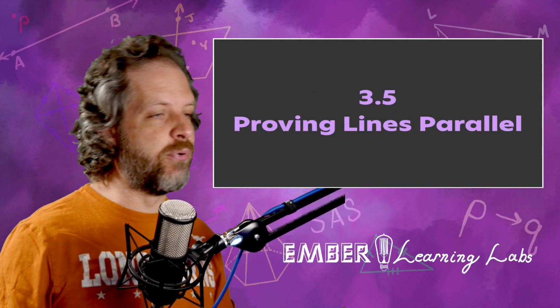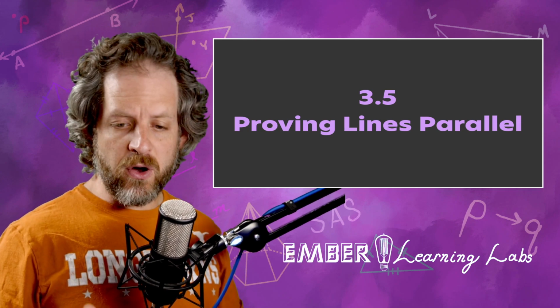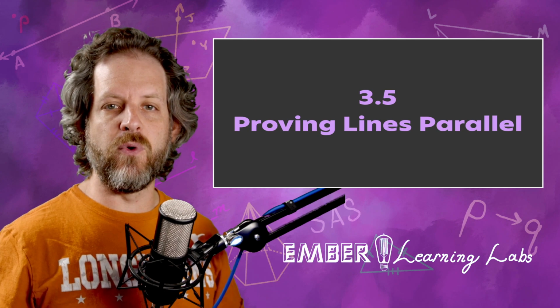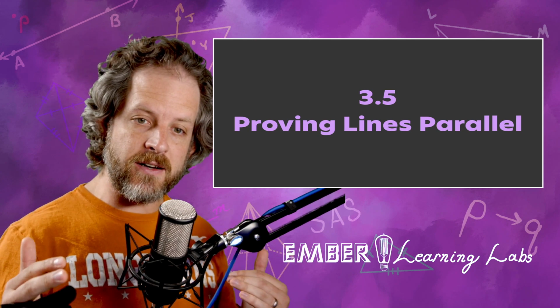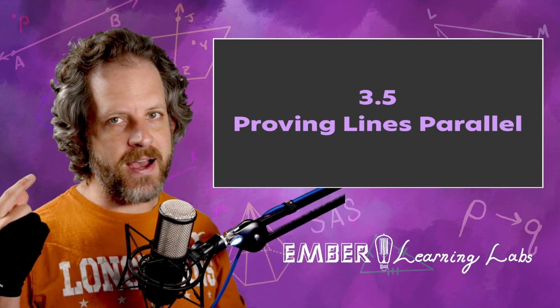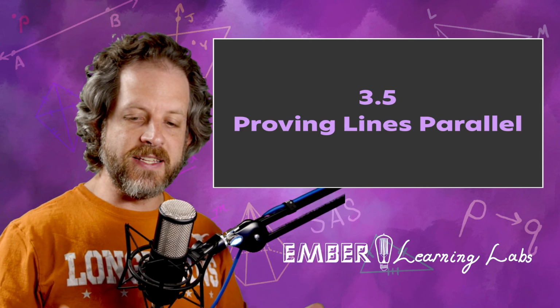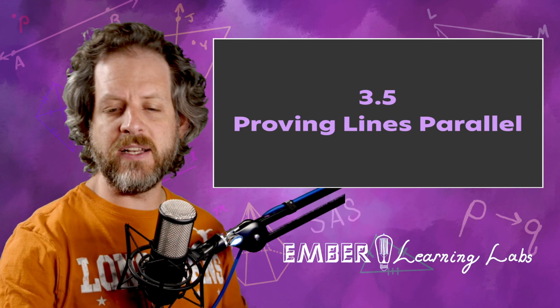We are going to be talking about proving lines parallel. So, we talked about some theorems and postulates for what's true about lines if they are parallel. We talked about some vocabulary things, same sides and alternates and all of those things. In this lesson, we are going to drill down and basically use the converses of several of those postulates and theorems in order to prove that two lines are in fact